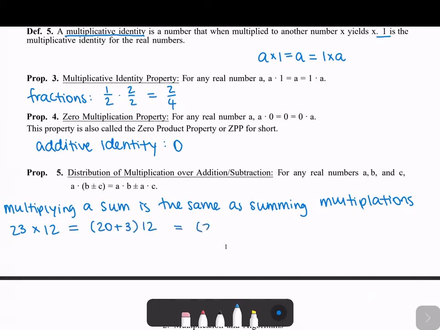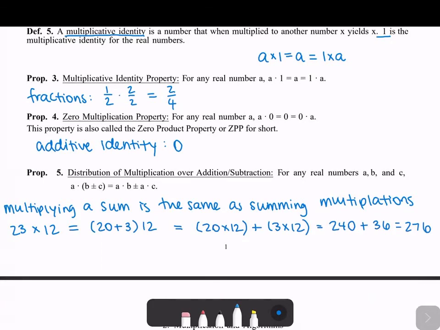So then we get that this is 20 times 12 plus 3 times 12, right? And so essentially all we have to know here is how to do 12 times 2 and how to do 12 times 3. This makes doing things mentally easier because we can just break it up into chunks that are easier. Just like how we talked about this for addition,